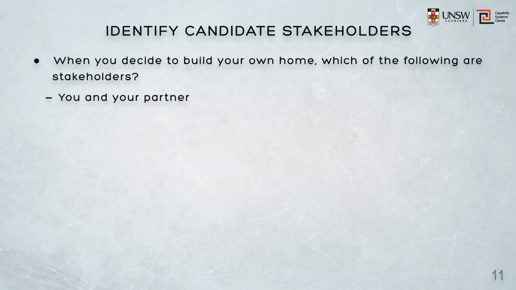First, you and your partner. Well, assuming that you and your partner are the joint mortgage holders, it's difficult to imagine that any other candidate stakeholder has the right to dictate to you any aspect of the system design. So in this case, the business owners, you and your partner, are clearly stakeholders because it's your money. Having said that, of course the money actually comes from the bank. So does that make the bank a stakeholder? Well, despite the fact that the bank will invariably hold the mortgage and therefore will have significant power over you and your house, it's not a stakeholder.